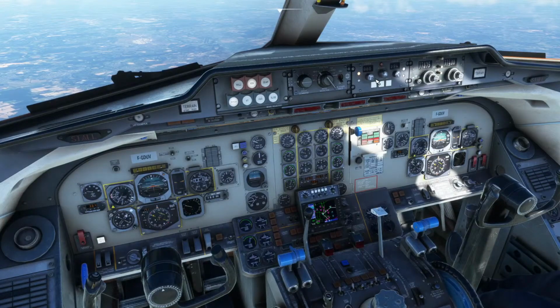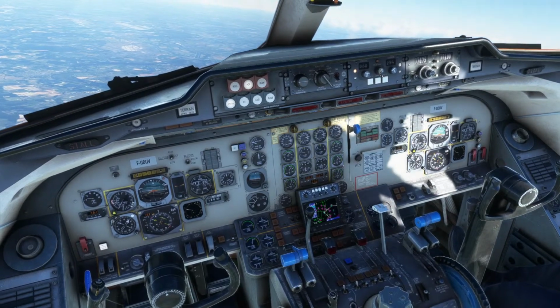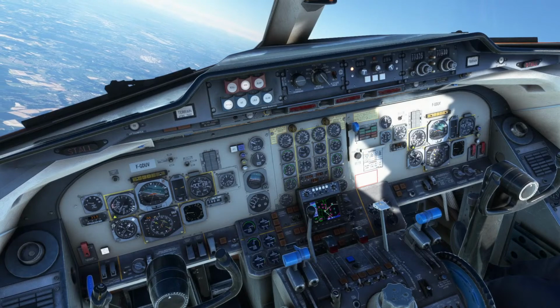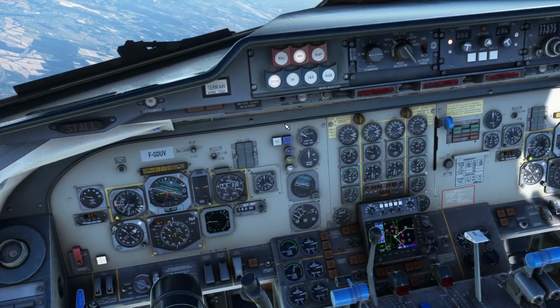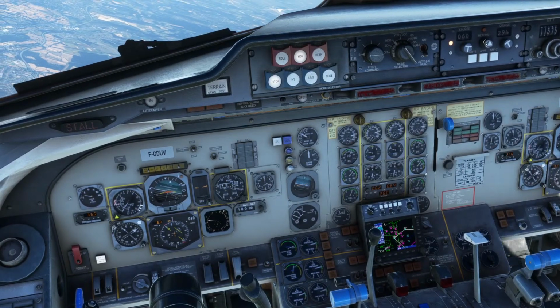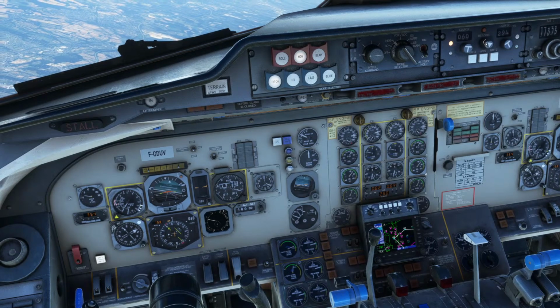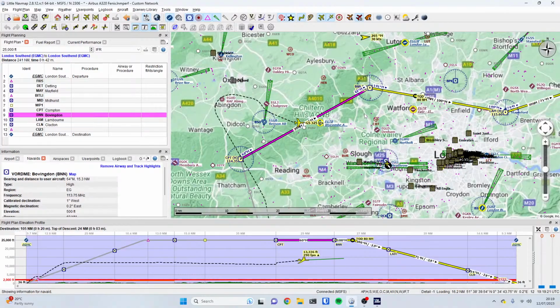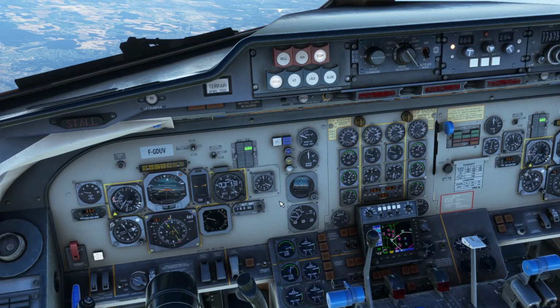We can fly this plane anywhere now. And it's also good to know that you can't perform wonders with the beam mode. You really do need to leave it on heading mode until you're in the neighbourhood, and then switch over once you're nearly there. So we're 35 miles out from Bovingdon. So if we go to beam mode now,